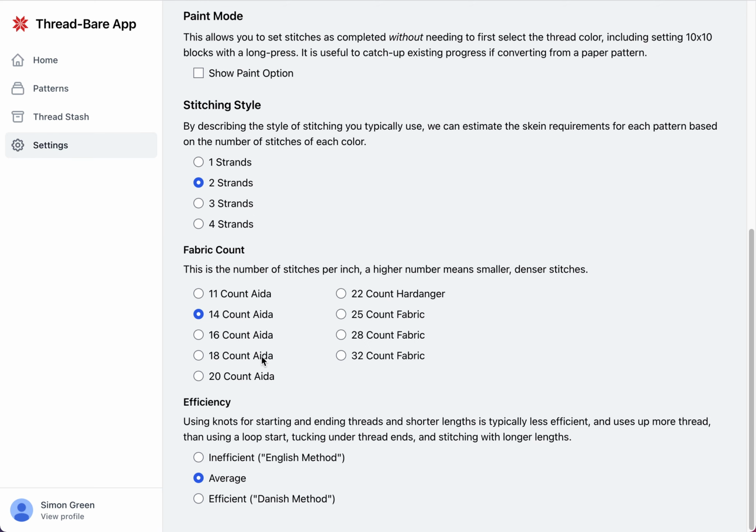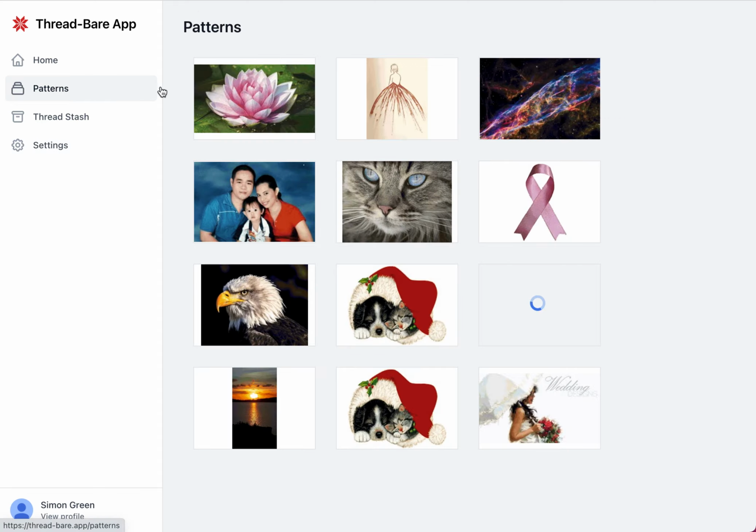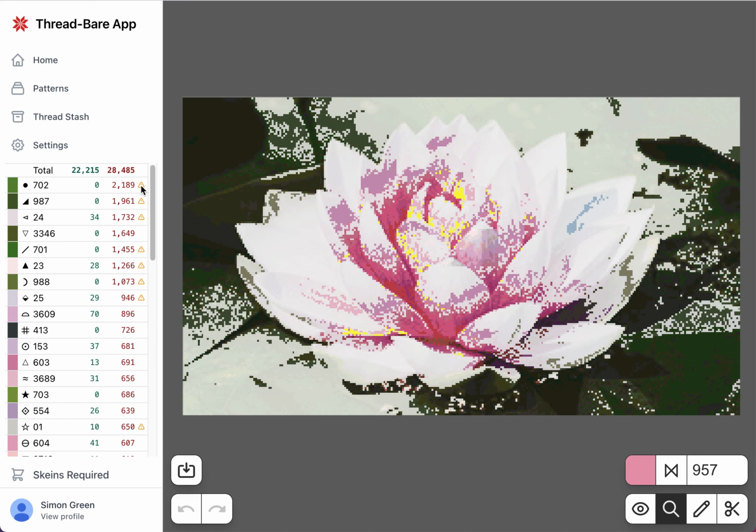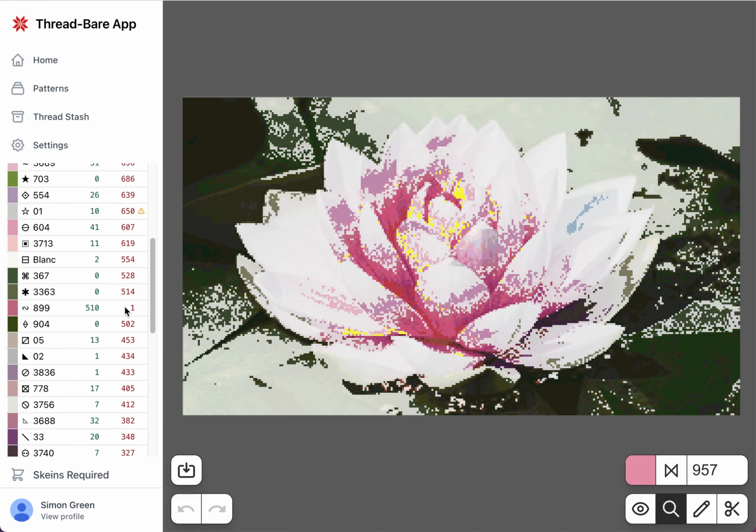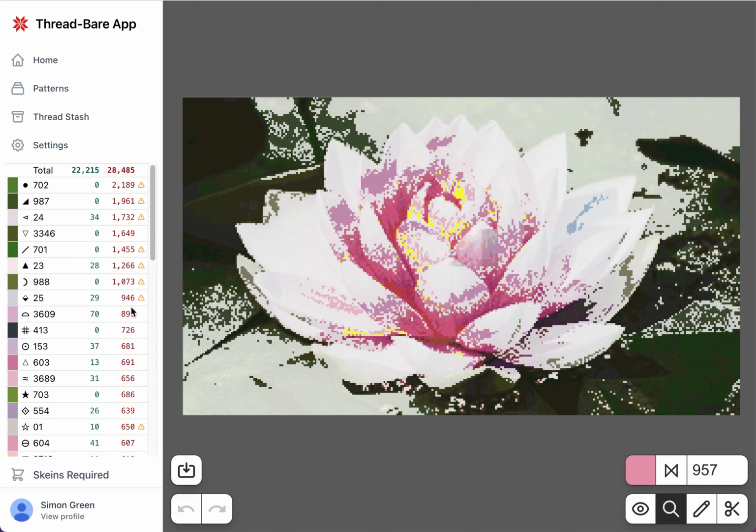Likewise, if I'm stitching on a different fabric count with different numbers of strands and different efficiency, you get more warnings because you need more thread. So this is just a little helpful piece where it combines your thread stash with the pattern, and what we want to do in future is maybe build in an ordering system so that you can order from your favourite store